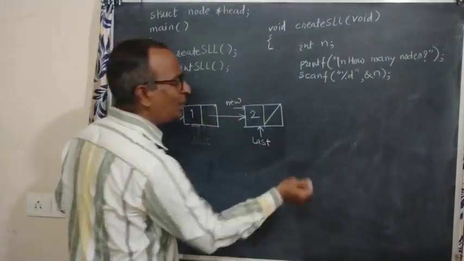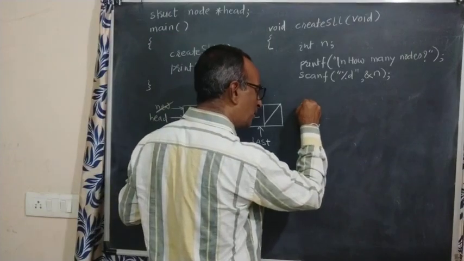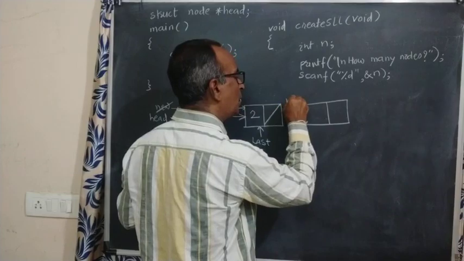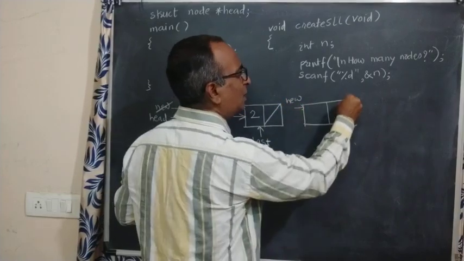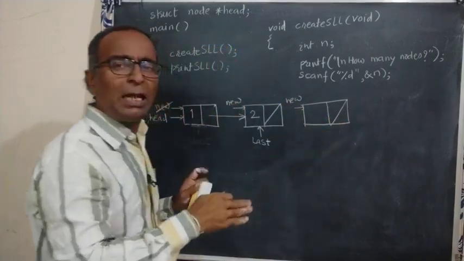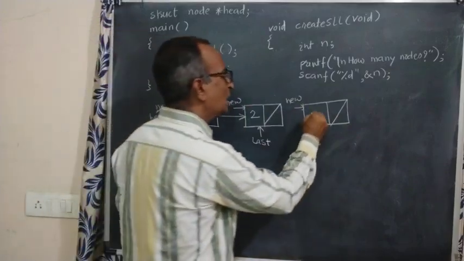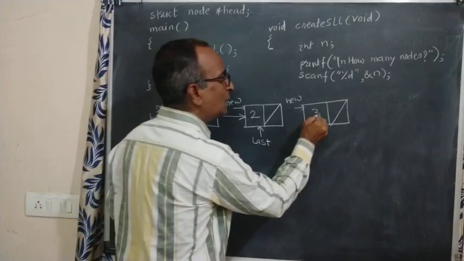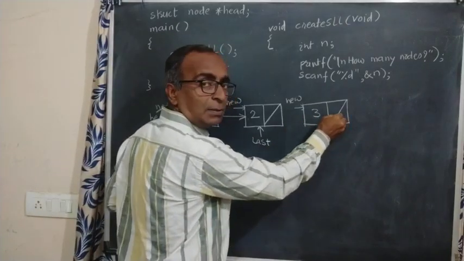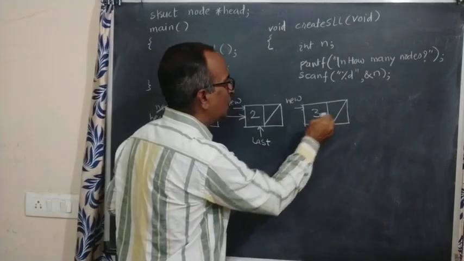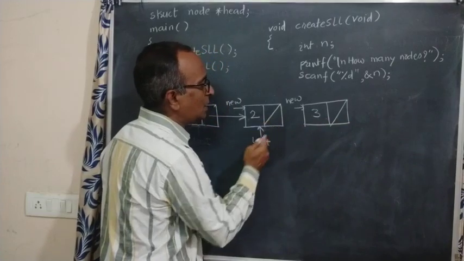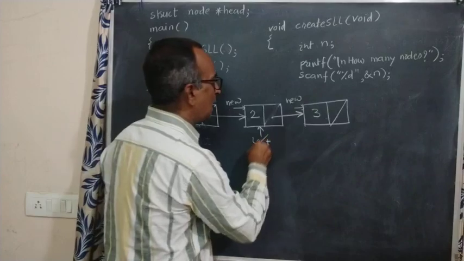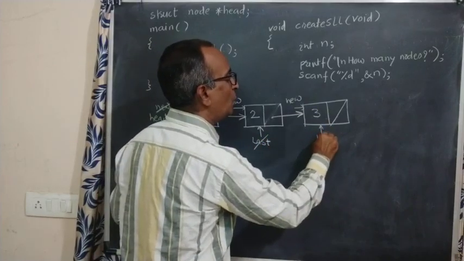Again same thing will be repeated. What is repeated? Here new node is created. This block is pointed by new. Always set first link field of new, as we are adding at last. Set information field. Then this first pointer variable you have adjusted. This pointer you have to adjust: last link field, set that to new. And this last should be changed so that last will point.